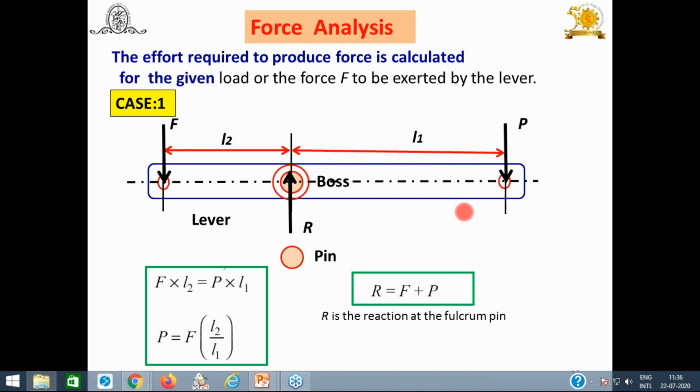Suppose you don't know any data, and you are just asked for the actuating force, or the force required to operate that system. That means F may be given. At that time you have to decide whether the mechanical advantage is equal to 1 or greater than 1. Don't take less than 1. Accordingly, you can decide L1 and L2. Again, it's not possible to have a much larger L1 than L2 to get the mechanical advantage. What would happen? Space availability is another concern while designing the lever, where we are going to use that lever. This is also an important thing.